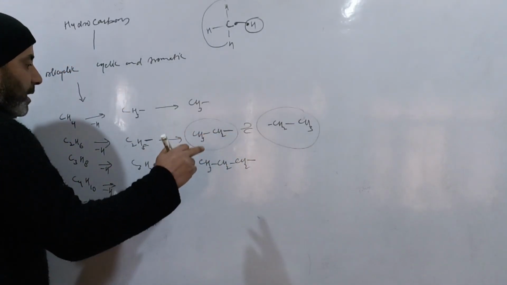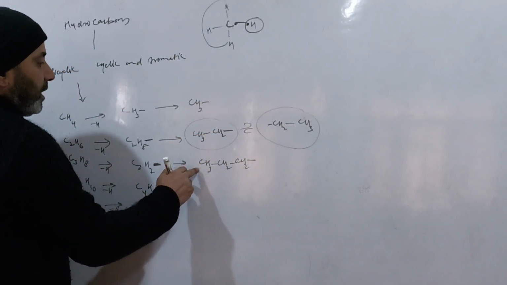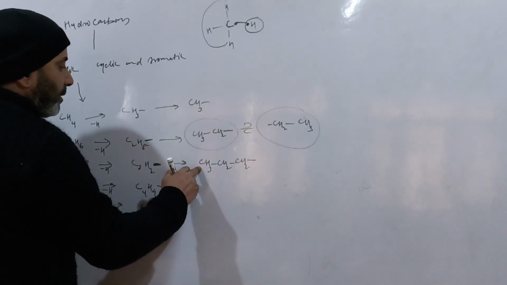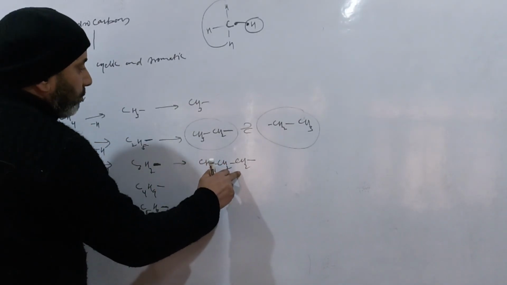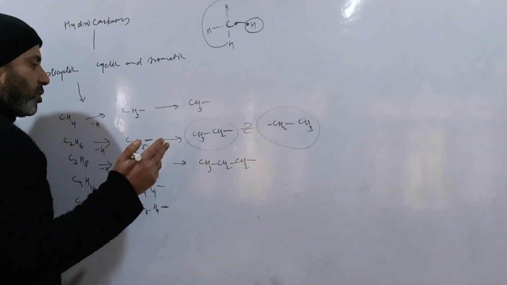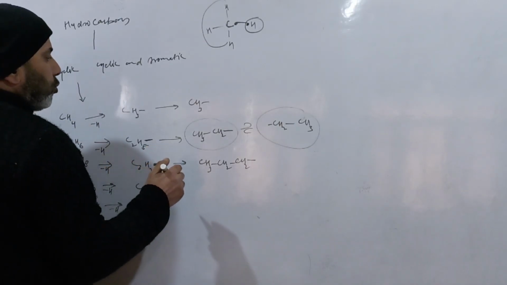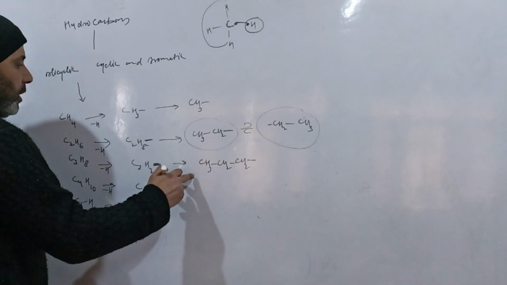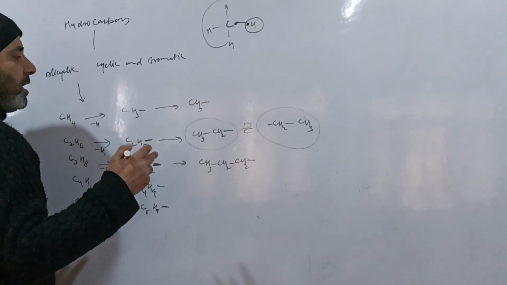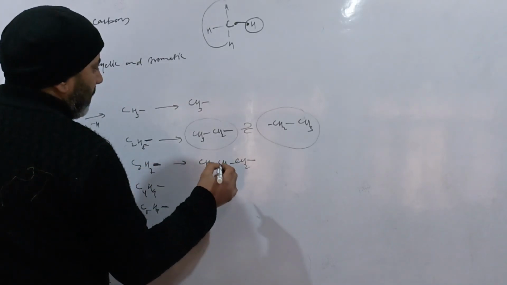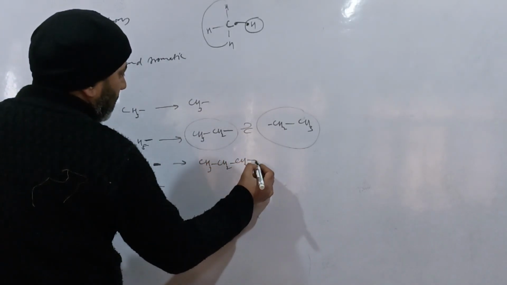In a similar manner, the same thing will happen in this representation. The hydrogen atom will be subtracted from this or this carbon atom. That will again become the same reversible representation of the same molecule, and both of these belong to the same category and the same molecule. That means these express the same molecule, and therefore finally this becomes alkyl, this becomes